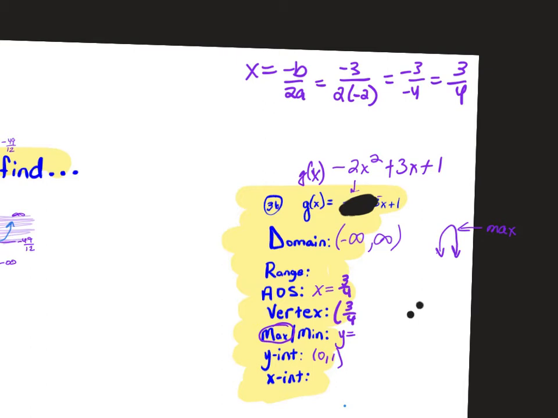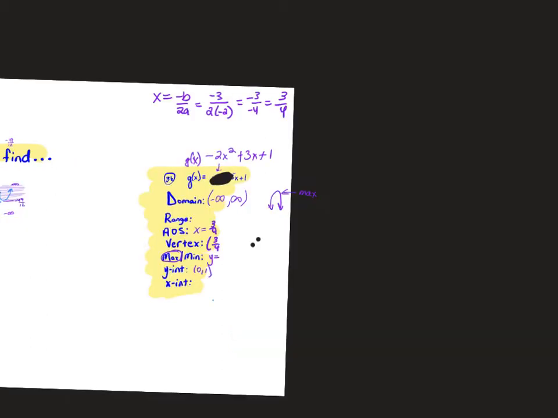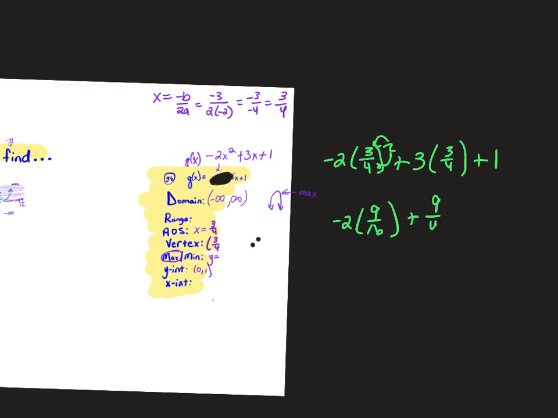Now I'm going to take 3/4 and plug it into my function to find out what my y value is. So I have negative 2 times 3/4 squared plus 3 times 3/4 plus 1. Again, this 2 goes to the numerator and the denominator, so I have negative 2 times 9 over 16 plus 3 times 3 is 9 over 4 plus 1. So this becomes a negative 1, and this is an 8. So I have negative 9/8 plus 9/4 plus 1